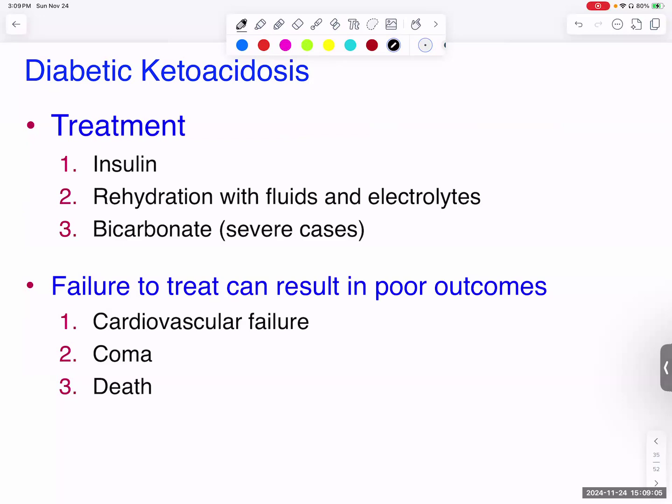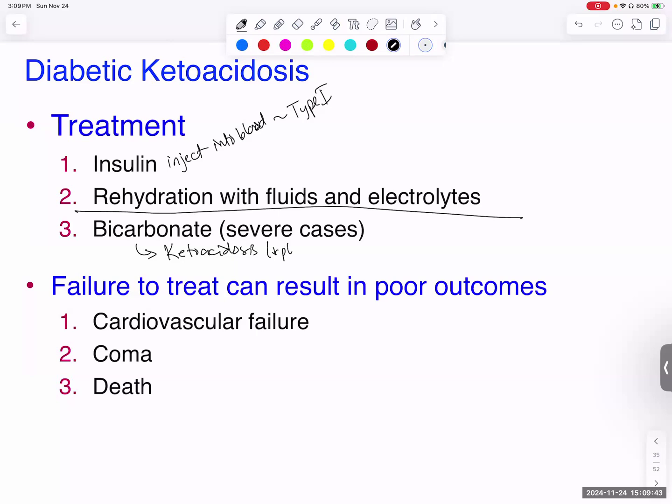So treatment, well, inject insulin into blood. This is usually type 1 diabetics. If type 2 diabetes goes for long enough, then at some point after blood sugars are out of control for a long time, it can lead to injecting insulin. Rehydration with fluid and electrolytes is a definite must. And bicarbonate due to ketoacidosis, right? So that's a drop in pH, and therefore you need to increase pH with bicarbonate,